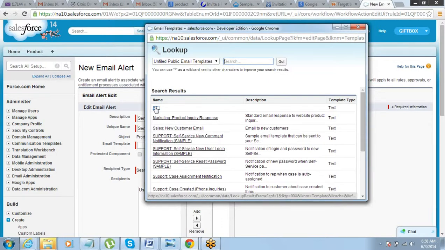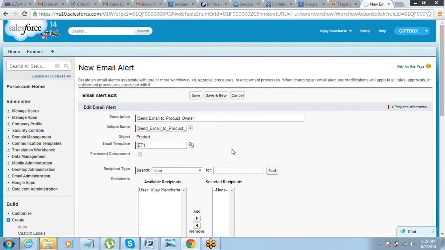Now you have to select an email template from here. If you remember, in our last session, I guess we were talking about these email templates. We designed the email templates and all. So select your email template